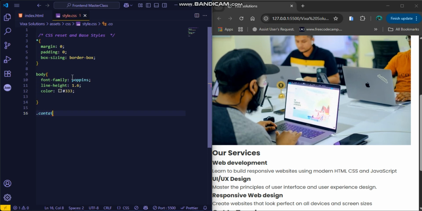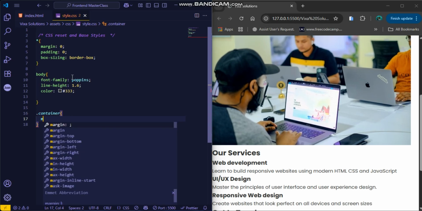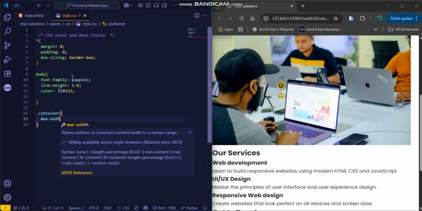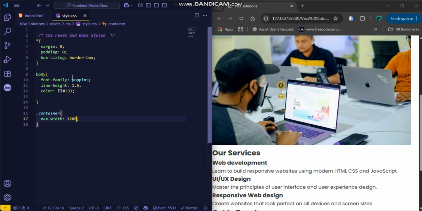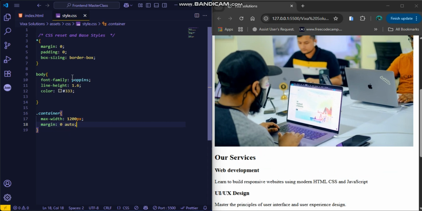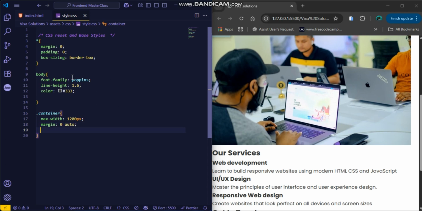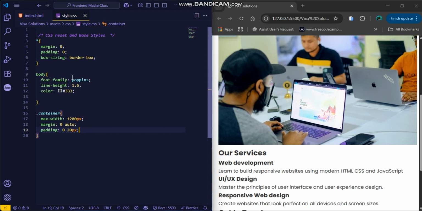Now the container, let's add some basic styling for the container, right? So I want my containers to have a max width of 1200 pixels, right? And also it should have a margin of 0 top and bottom, auto left and right, and I want it to have a padding of 0 top and bottom, 20 pixels left and right. Okay,